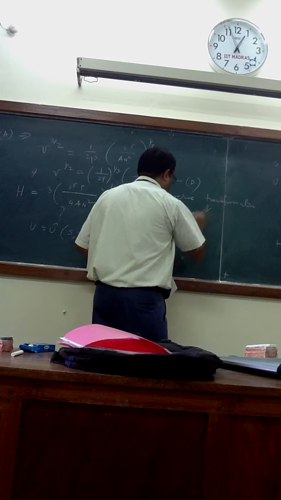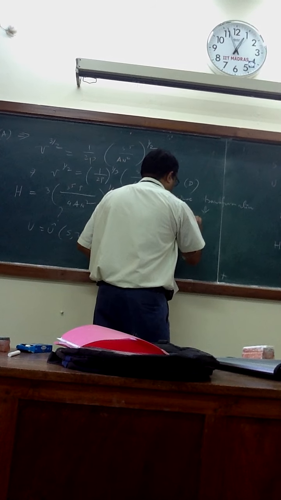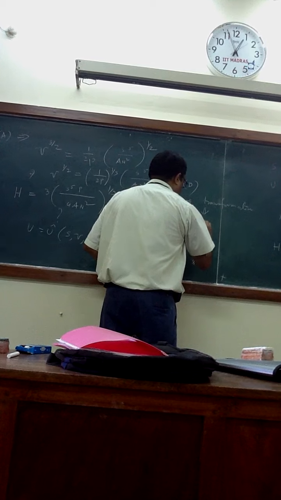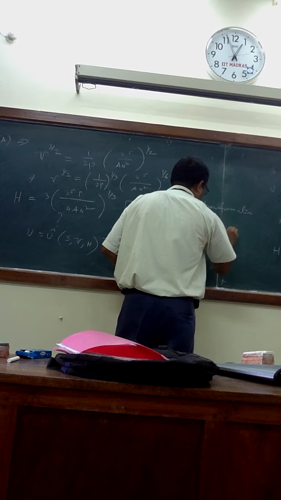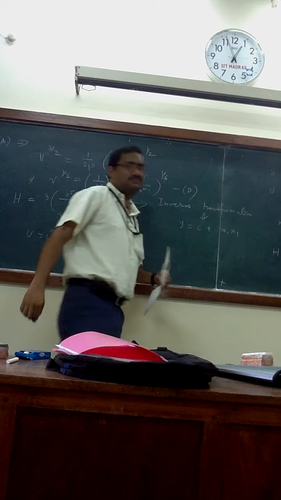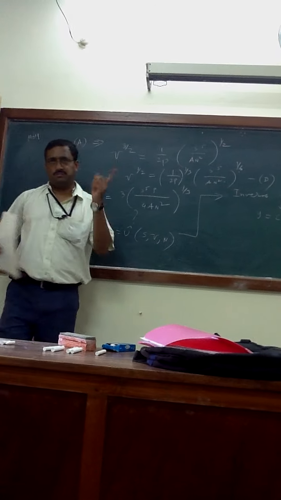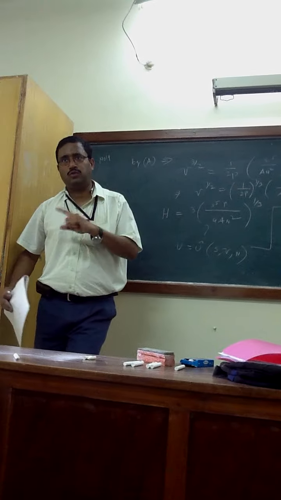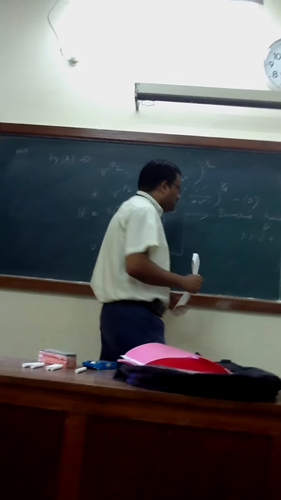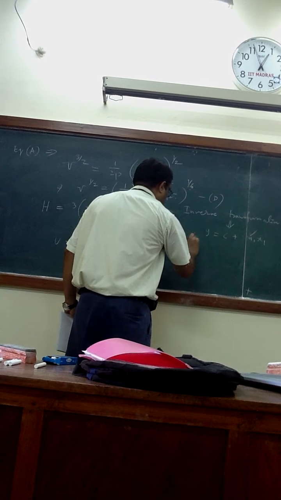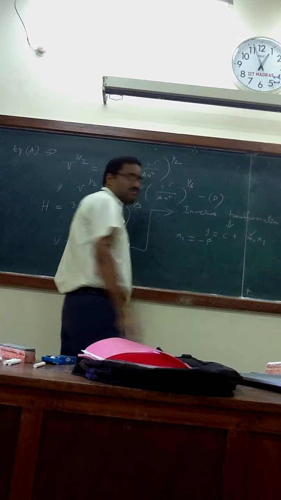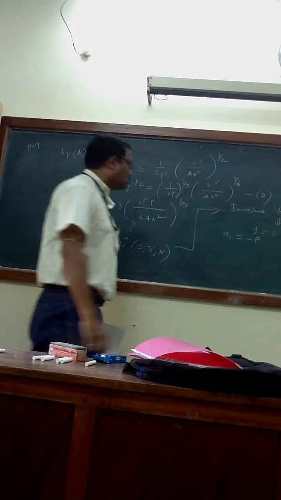Your objective is to get y equals to c plus, am I correct? Only one, summation i equals 1 to 1, m1 x1. m1 is known for this case. What is m1? Minus p. x1 is,